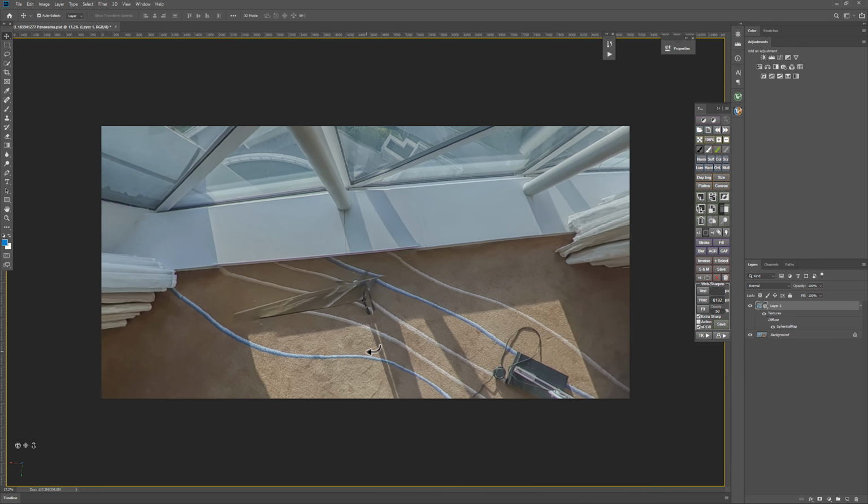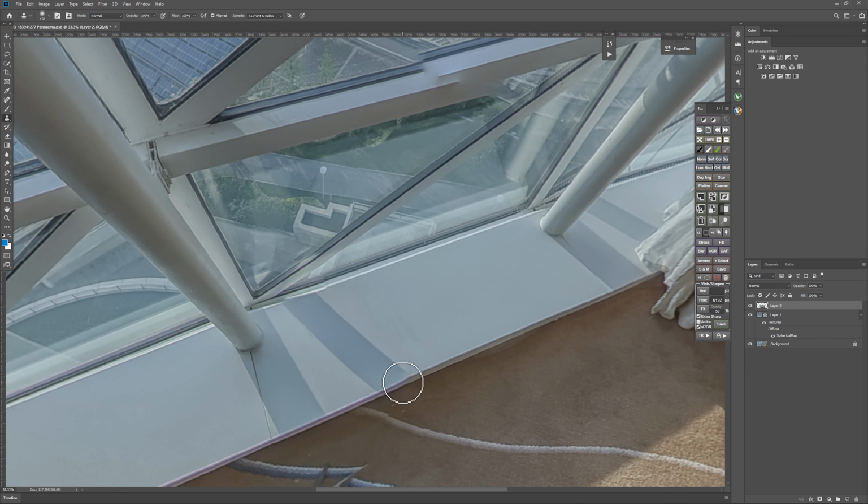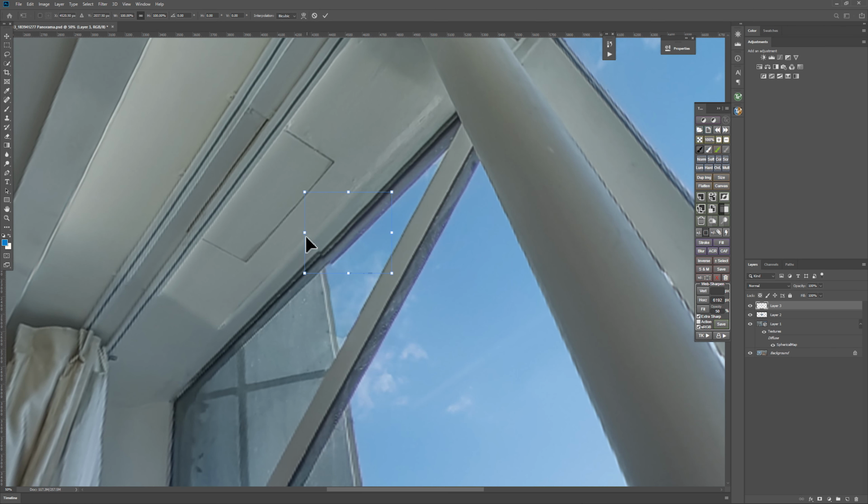I have corrected all the stitching errors in less than 2 minutes. And with the same trick, you can also get rid of them in your workflow and achieve stunning photo quality